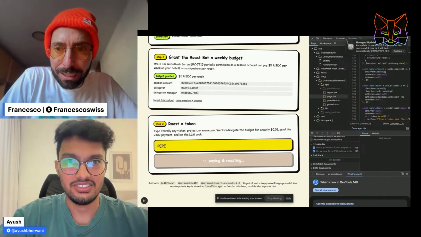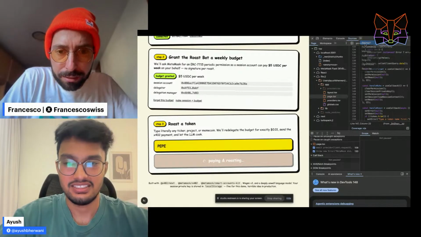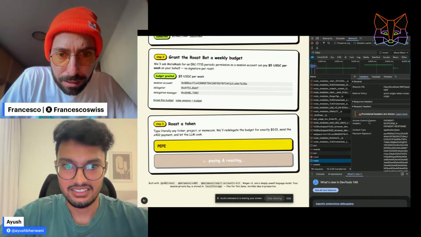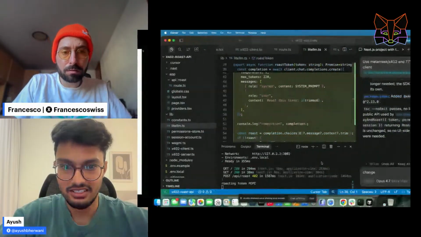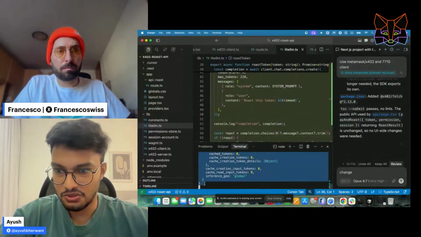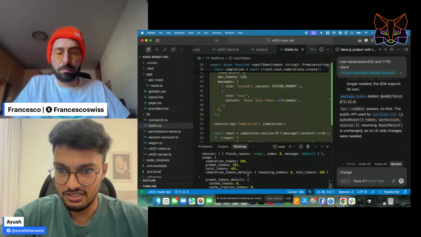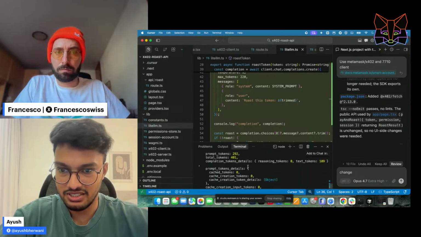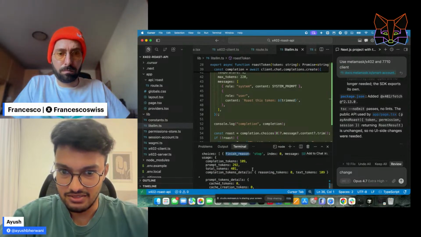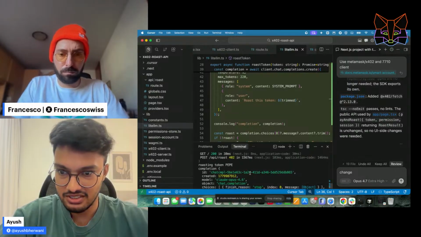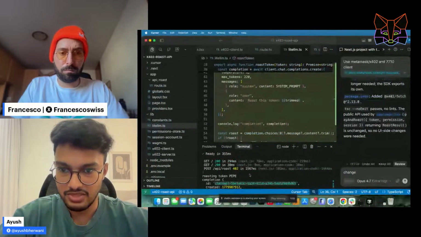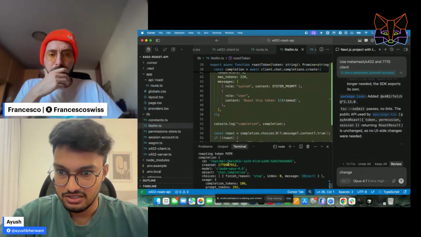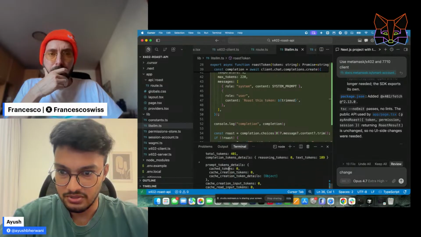Okay, so if you do a typo in Pepe, is it actually getting the token itself? I'm just curious. So it went to the API again, roasting Pepe token, and we have got the completion back. What is the completion? It got the completion back, right? So it created the completion, roasting Pepe token.